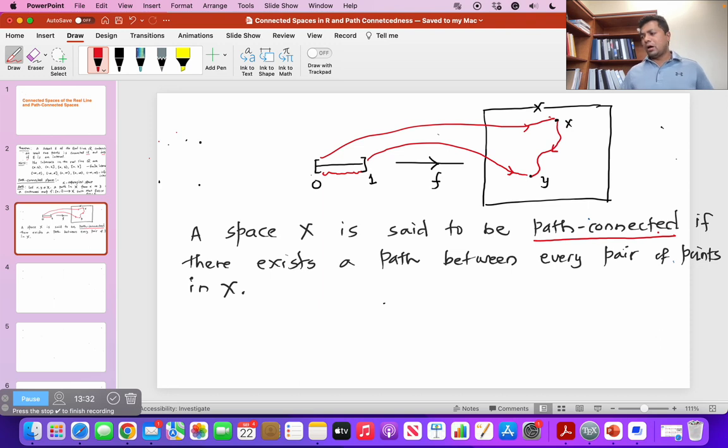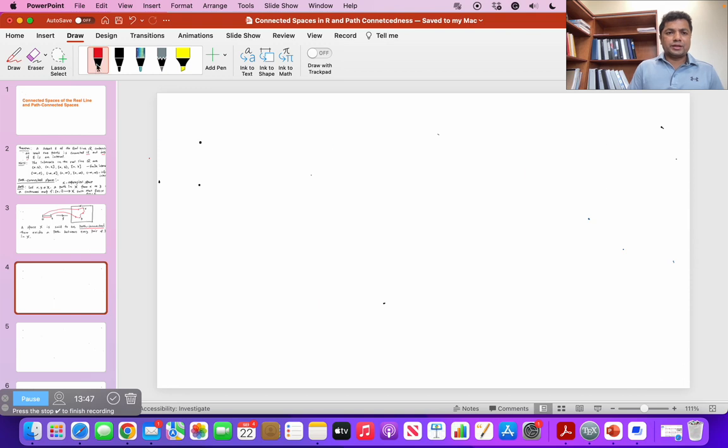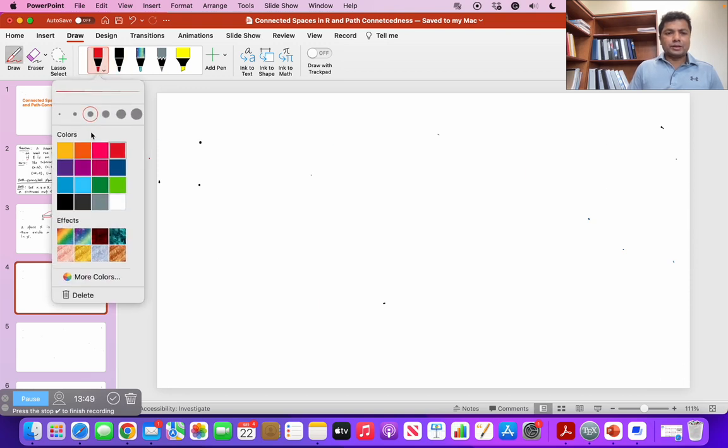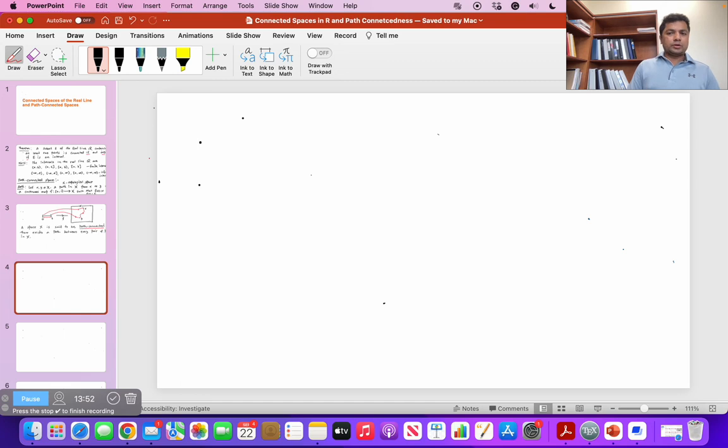Okay, now here I gave you the definition of path connected space and also the path in a topological space. Now I'm going to give you a couple of properties, two properties of path connected space. Okay, and the first one is, let me just write down. The first one is a path connected space